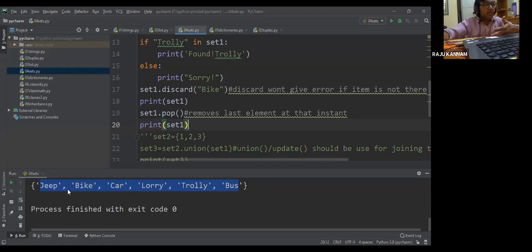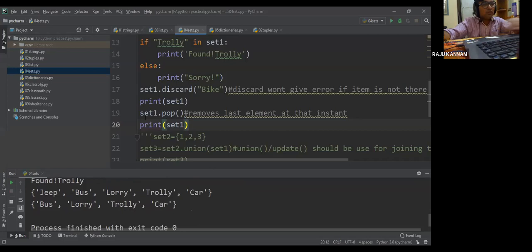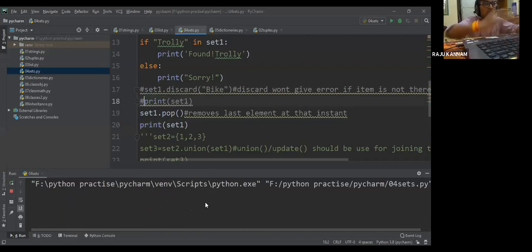Now see here, jeep, bike, car, lorry, trolley, bus is there, right? Now we'll execute this. It has removed one item. Let all six elements be there.